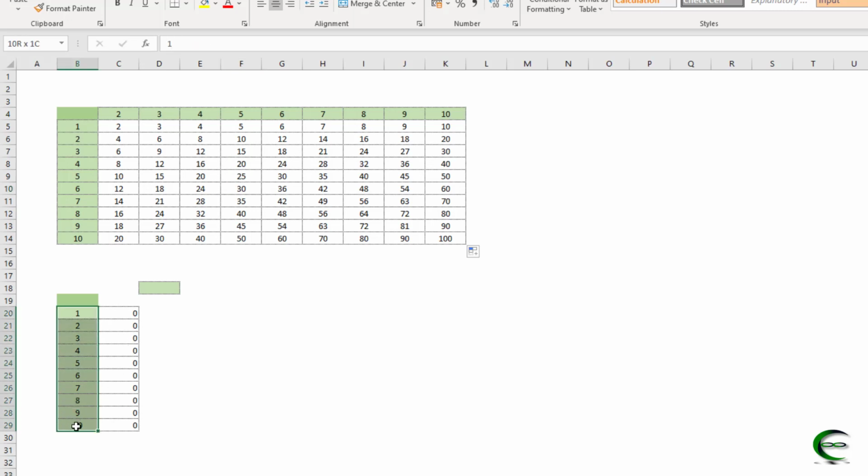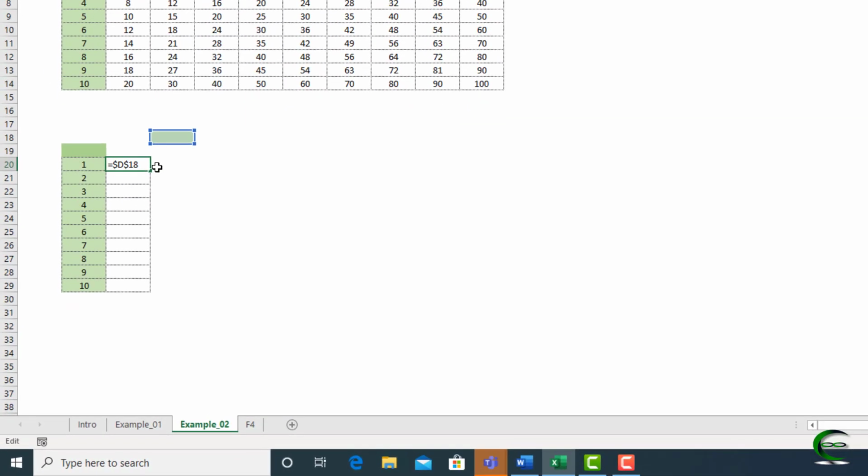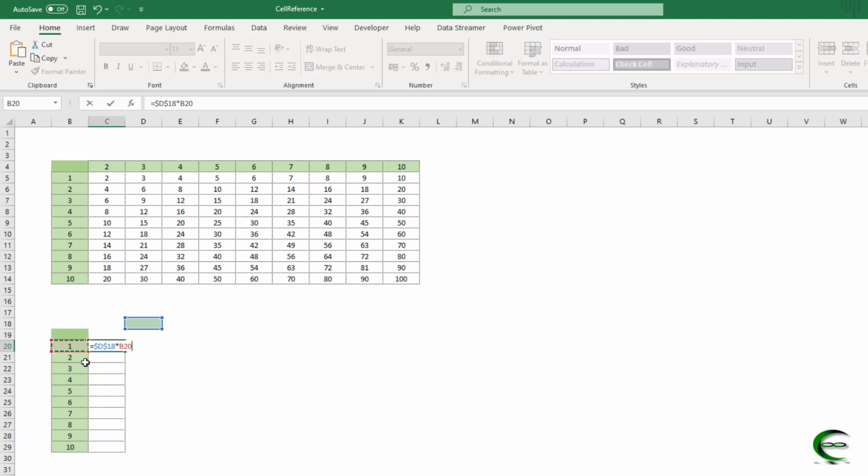Here also I put 1 to 10 and we need to create a dynamic table. Suppose I put, first delete this value. If we need to multiply this value with each value of this, we need to pick the value from a fixed cell. So what will we use? We will use absolute reference. We need to make D18 absolute. Absolute column, absolute row, then multiply by 1. Here